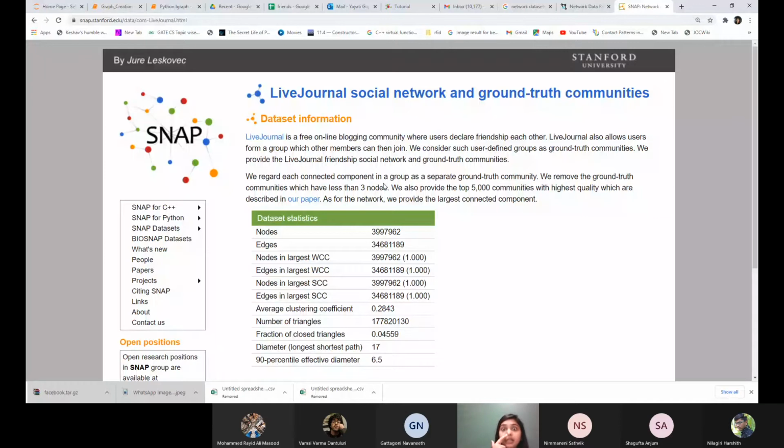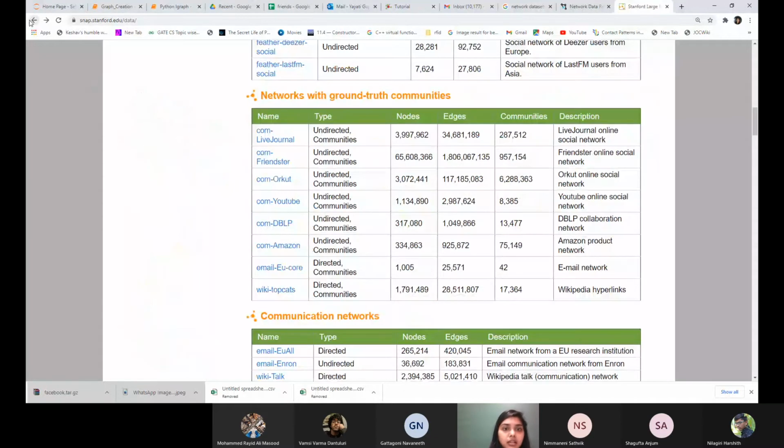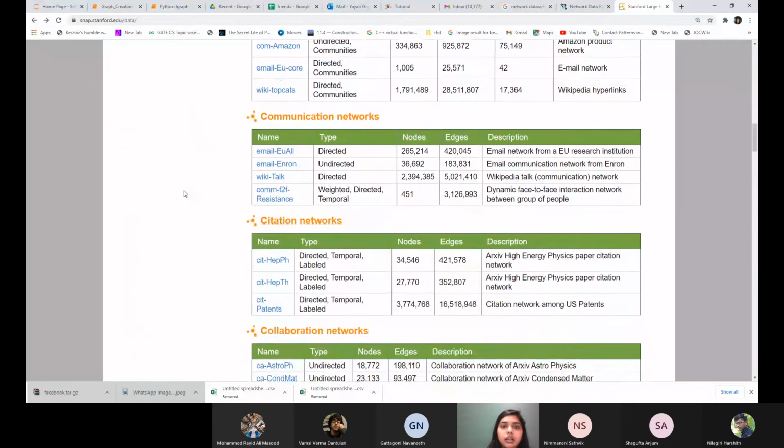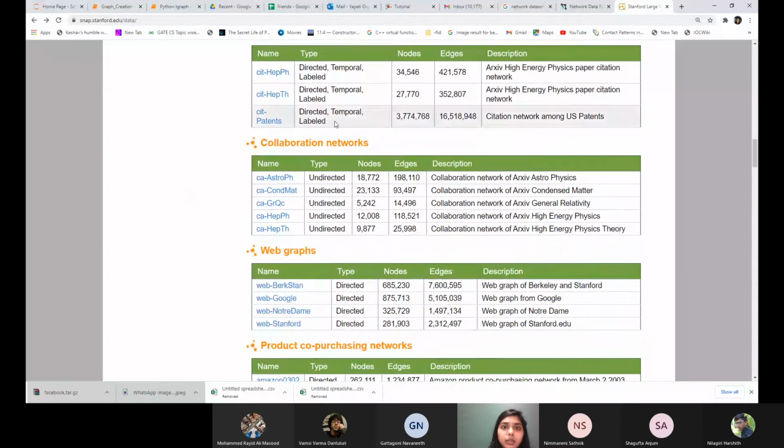Actually, we have communities for connected graphs also. Most of the time we detect the communities in a connected graph, but in these data sets, since the graph is disconnected, every connected component is counted as a community. So don't get confused. They haven't applied a community detection algorithm and then told you the communities. It's not like that. A few other networks here: this one over here is labeled, so I need to look into what exactly the labels are here.